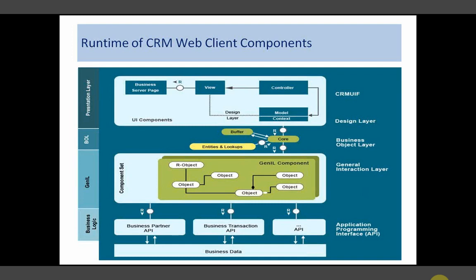That's why there was a statement, uniform interface programming. So for 10 components, we are using the same BOL core object. But underneath, GENIL depends on the UI component. In a UI component, we have mapped the component set. That's another flavor of BOL, that it's uniform with all the components. Got it.